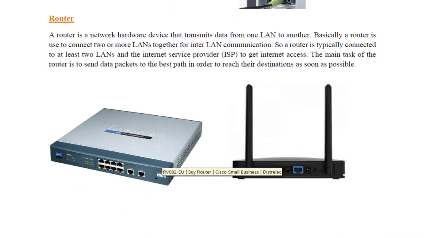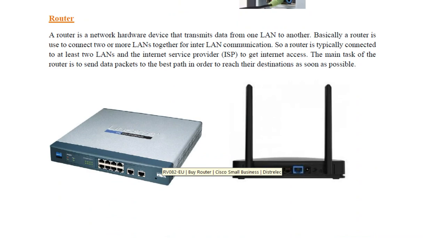Then router. Router is actually the main networking device. This router is used to provide internet. There are two basic functions of a router. One is that the router is used to connect different LANs, different networks together, so that each network can communicate. The other task of the router is to forward a data packet along the best path. Best path means the most efficient path that we can send data or an internet request to the destination as fast as possible.